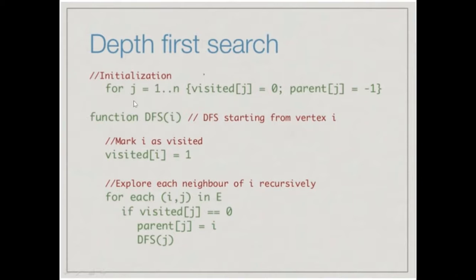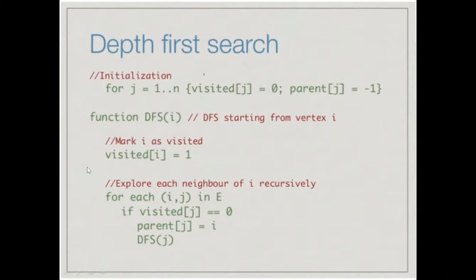First, we'll initialize an initial vertex, say j, which could be any one from the n nodes or vertices available to us. Initially we have no visited j available, and the parent of j is -1. So the stack is basically empty. Now we'll go inside the function, and I will pass an argument as the initial vertex from which you want to start the traversing, and I will mark it as 1 as we have done in the previous slide.